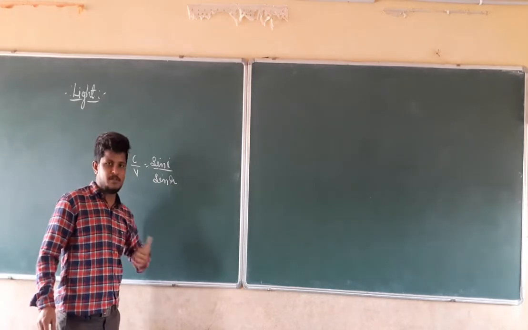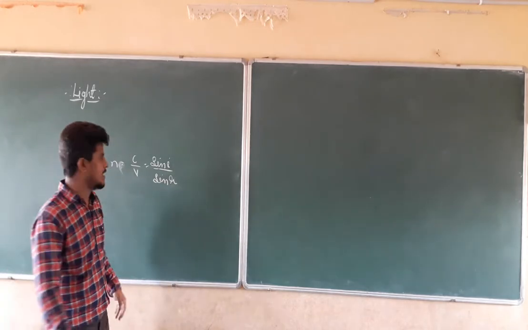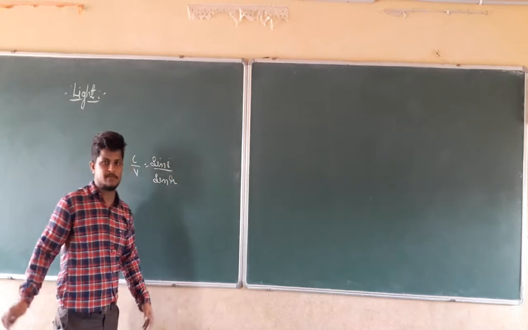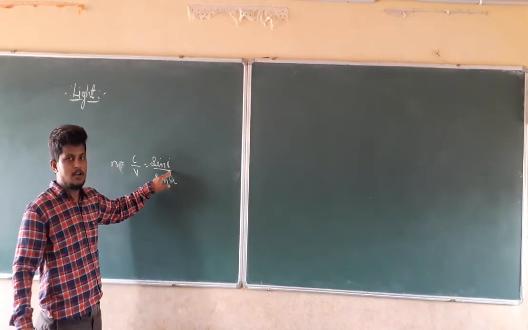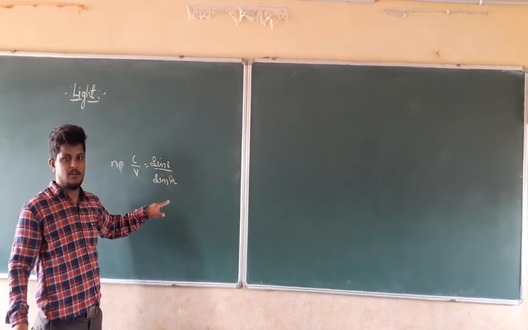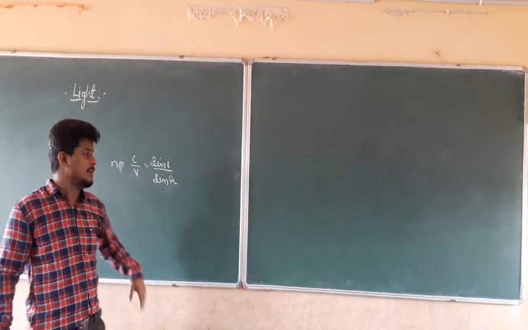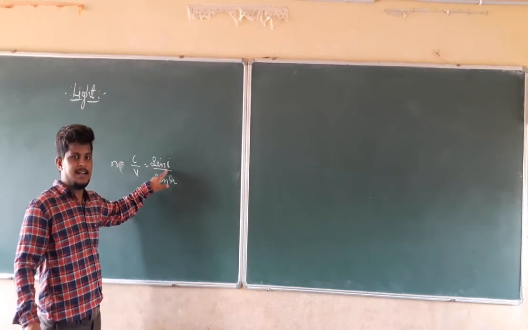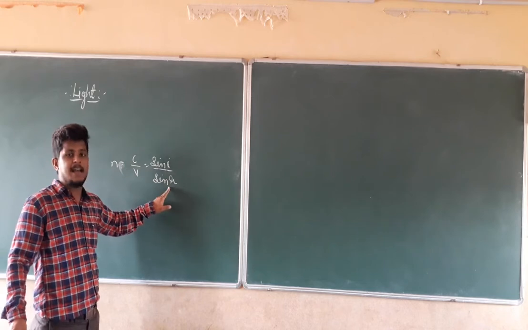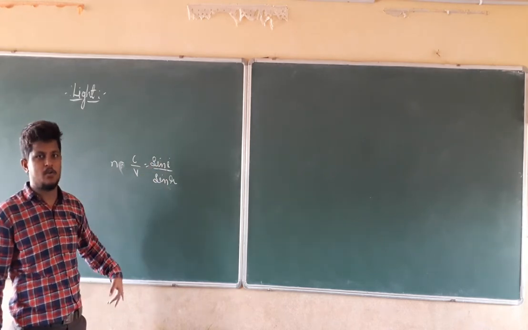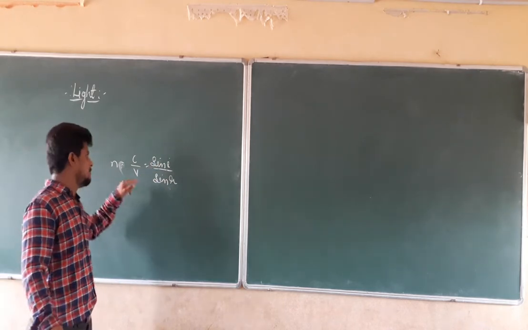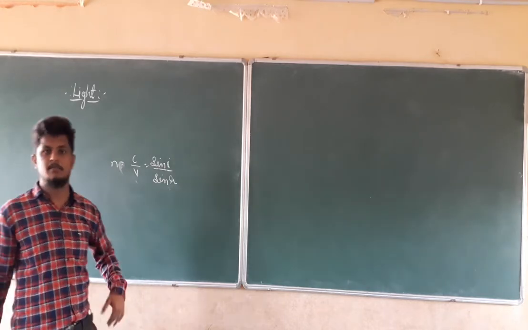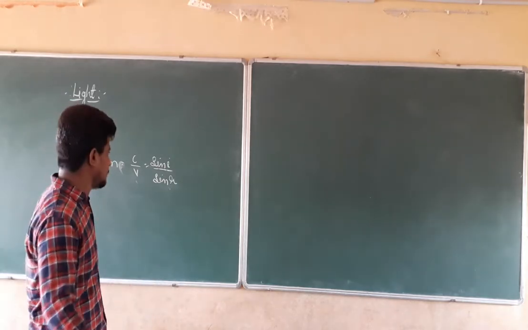This type of question will also be asked in the examination, depending on the values given. They may change the value of i and so change the value of r, or give the same incident angle and change the angle of refraction. They will ask in which medium the speed of light will be maximum and in which medium it will be minimum.